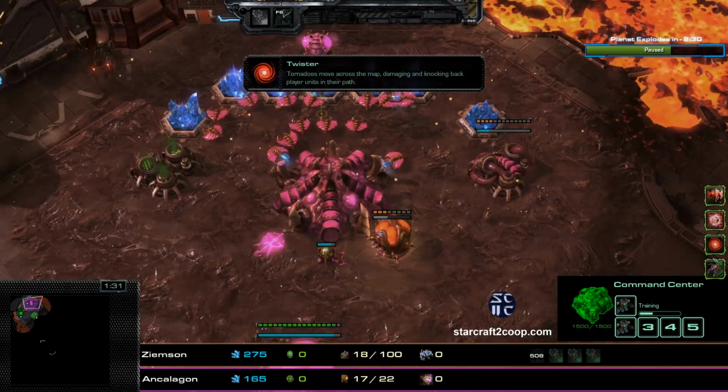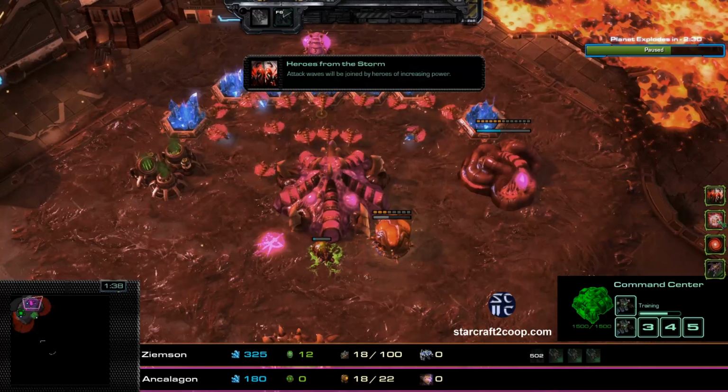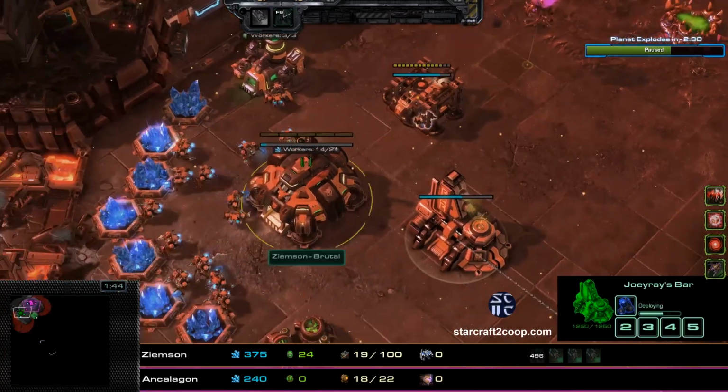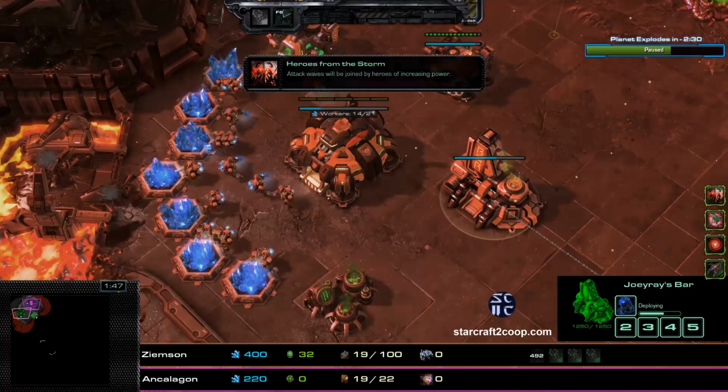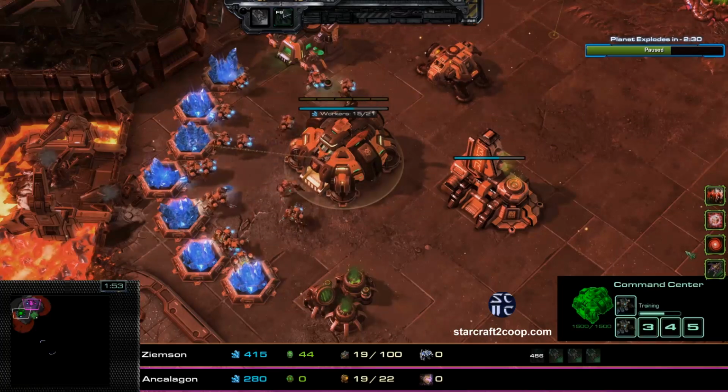So these two, you can pretty much ignore them. They're not really much of a problem to deal with, but we have Heroes from the Storm, and we have Power Overwhelming, which is just going to be a very, very nasty set of mutators. I think this total set is maybe 19 or 20 points, so this is definitely going to be a brutal